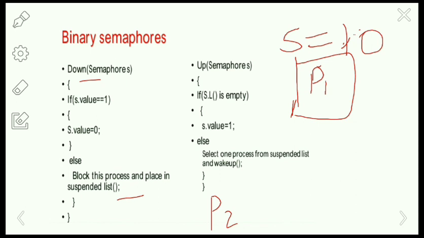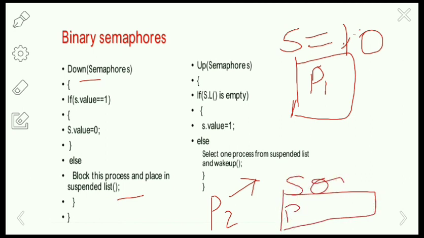So P2 executes the entrance code. The semaphore value is not equal to 1, so it will go to the else part. In the else block, if the semaphore value is 0, then block the process and place it in the suspended queue. So P2 will be placed in the suspended queue.